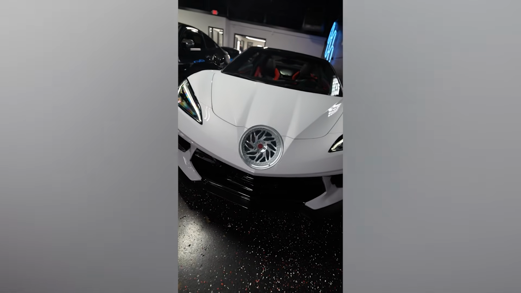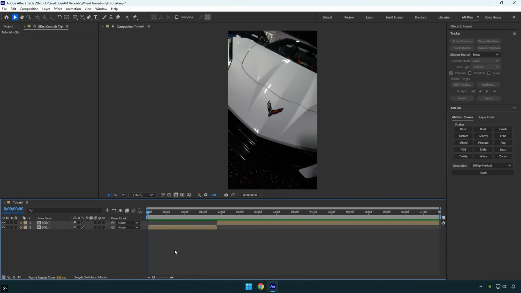Hi guys, in today's video I'll show you how to create a smooth, viral car wheel transition in After Effects. Let's get started. For the best results, you first need to stabilize your footage and lock the wheel in the